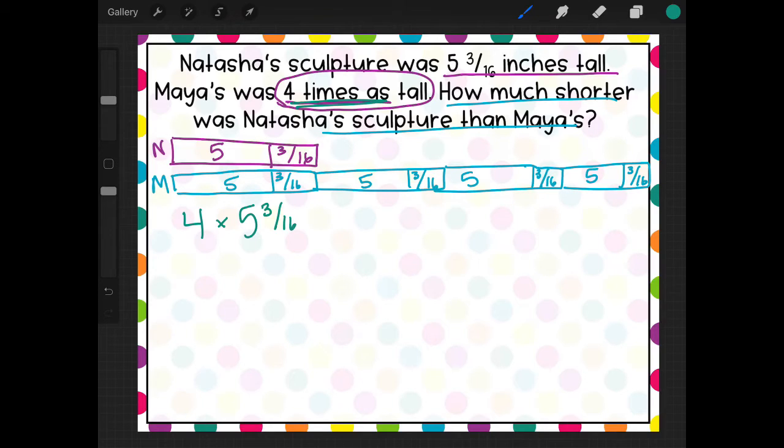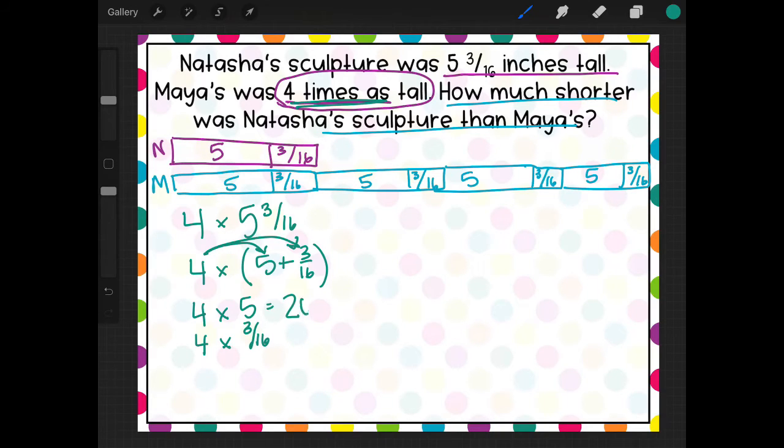I'm going to break this up. 4 times 5 plus 3/16. I know I can do 4 times 5 and then 4 times 3/16. 4 times 5 is 5, 10, 15, 20. 4 times 3/16, I do 4 times 3: 4, 8, 12. That is equal to